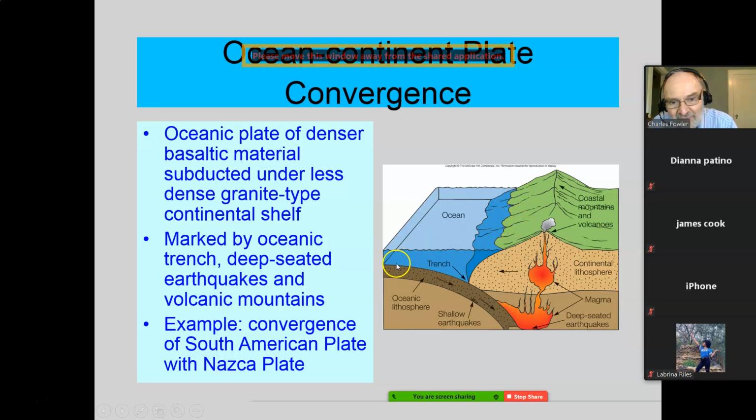Okay, the oceanic plate subducts under the thicker continental plate here, and when that happens, it's not a smooth boundary. Remember, folks, it never is a smooth boundary. It's always rough and jagged and broken and very difficult for it to slide past each other. But when it does, a lot of heat is produced, friction is produced, and that friction is hot enough to melt probably stuff that was mantle-type rock here, melting that. That's the source of some of your volcanic activity.